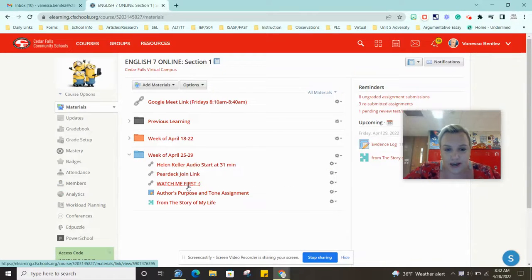Once you finish the entire Pear Deck all the way to the end, remember the last slide asks you to highlight. You're not able to actually highlight. So what you need to do is on the last slide of the Pear Deck, pick two of those strategies listed. Not all of them are good choices. So pick two of those strategies listed and annotate them in your book for what strategies you think Helen Keller used to overcome her obstacle of trying to learn new words.